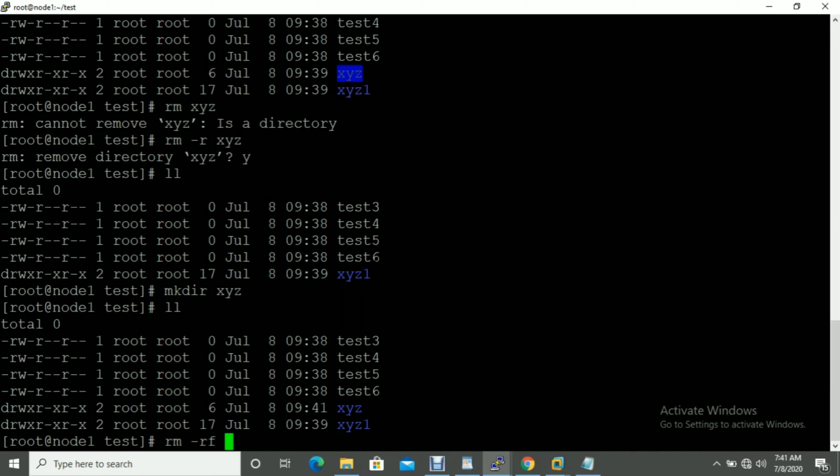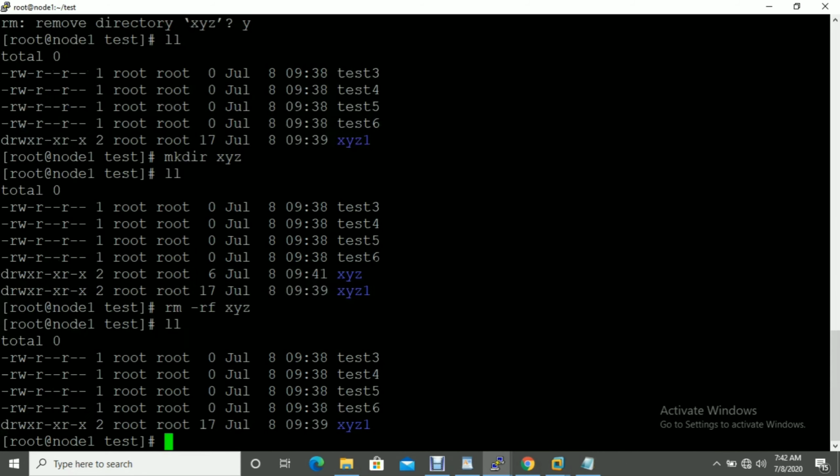R means we delete a directory, and F means forcefully, so it will not ask. See, it's deleted.